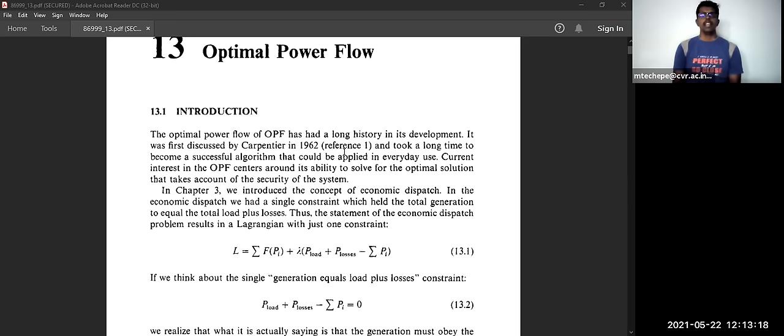Generally, you're sending power. There are two buses: this is the sending end, and this is the receiving end. Say, for example, we are sending power at 11 kilovolt. That 11 kilovolt travels a long distance, like 20 kilometers, 30 kilometers. It is passing not only over one bus, it is passing over many buses, because